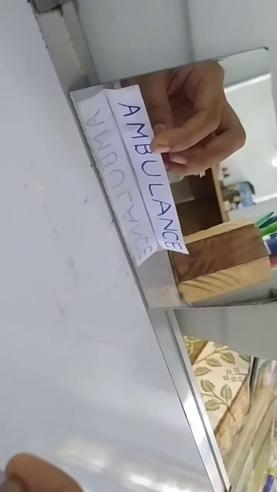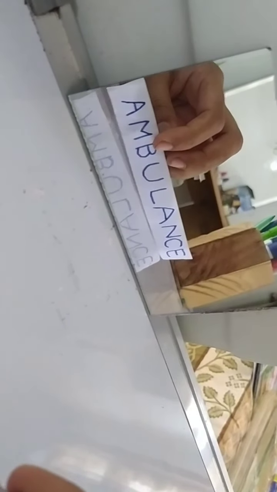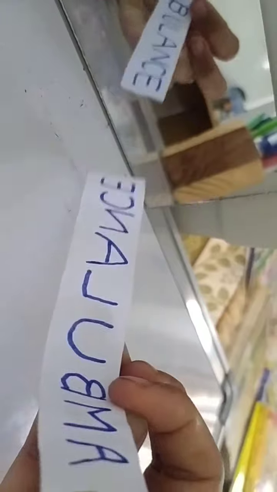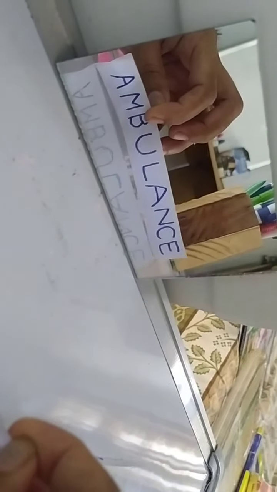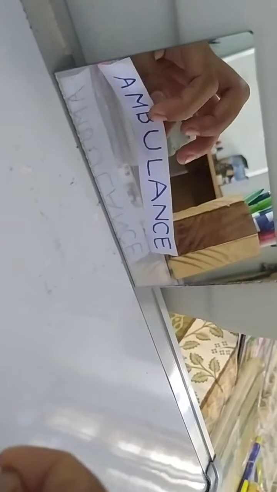So you can clearly see that in the image on the plane mirror, the ambulance has been inverted. That is written on the page, and the inverted image has been formed. On the page on my left side there is an E written, but in the image on the right side the E is there. So this proves that the image that is formed by a plane mirror is inverted.